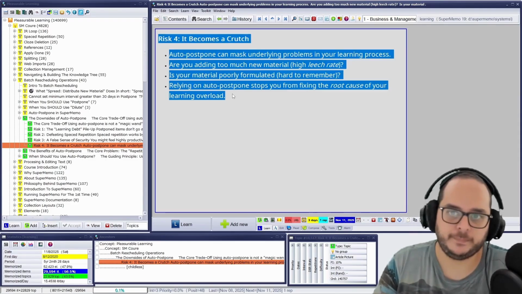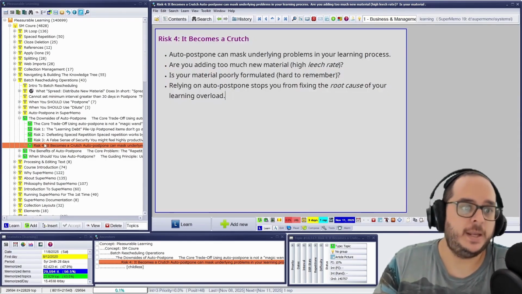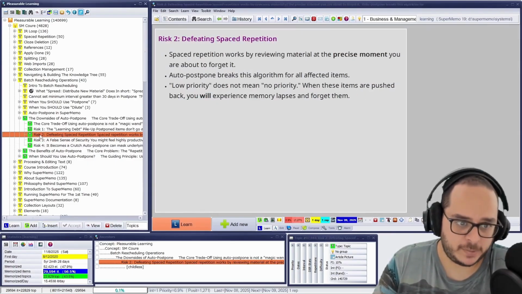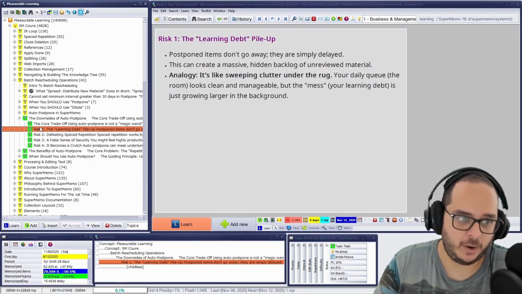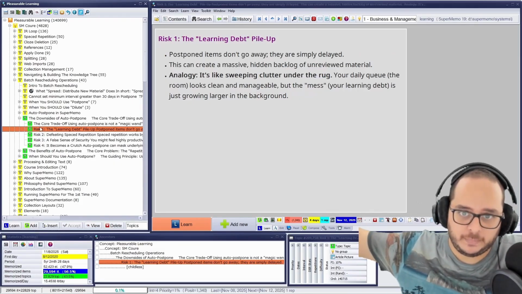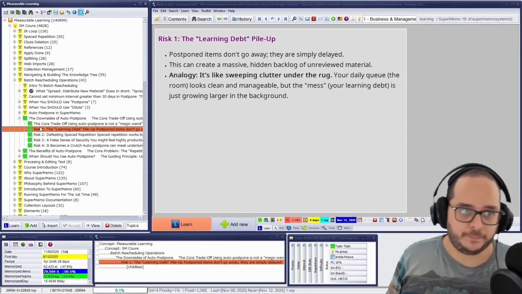Then feel free. But keep in mind, you will have a risk of false sense of security, you will be defeating the spaced repetition algorithm, and you will have a loading debt. Those details, the deviation returns, they're always postponed. So you never process them.